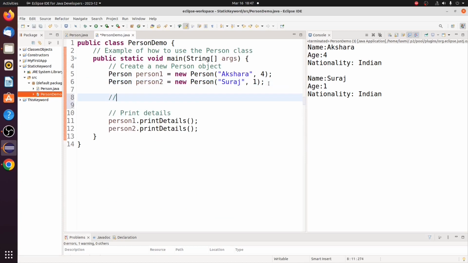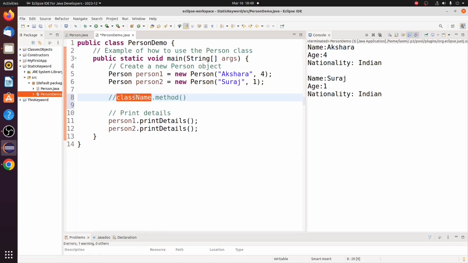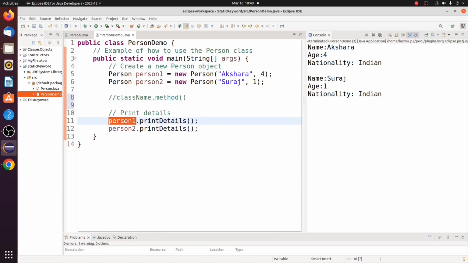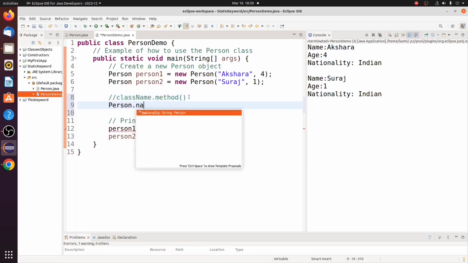To do so, we need to specify the name of the class followed by the dot operator. This is the general form to access the static methods. If it is a static variable, just class name dot field name. Here, this class name is the name of the class in which static methods are declared. This format is very similar to that used to call non-static methods through an object reference. A static variable can be accessed in the same way by using the dot operator on the name of the class, like Person dot